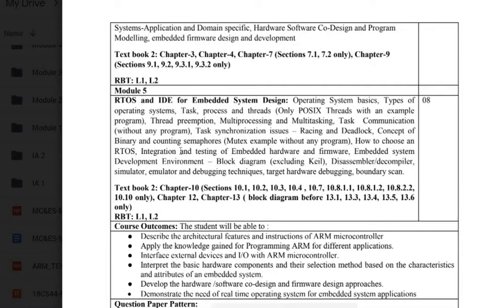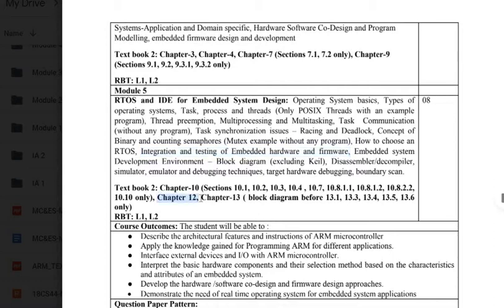How to choose an RTOS, we finished in the previous session. So today we are discussing, in this section, integration and testing of embedded hardware and firmware. So that is chapter 12 complete.